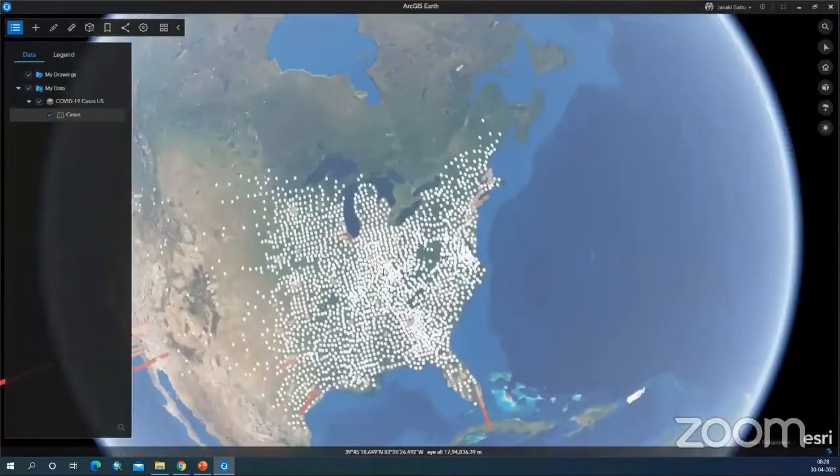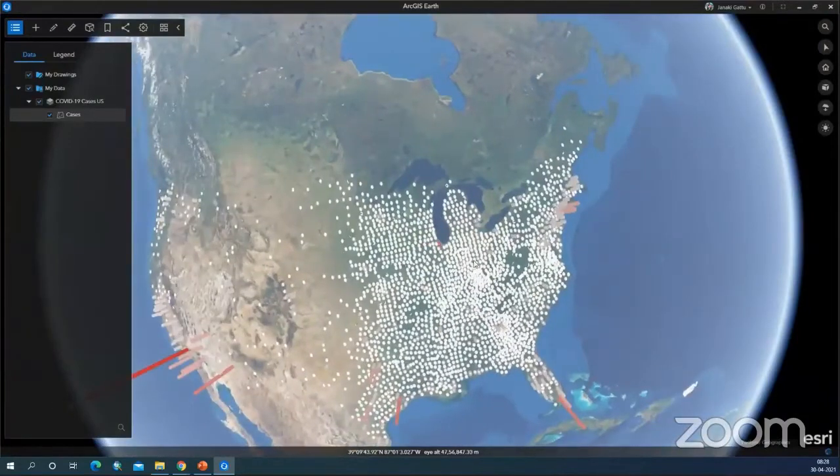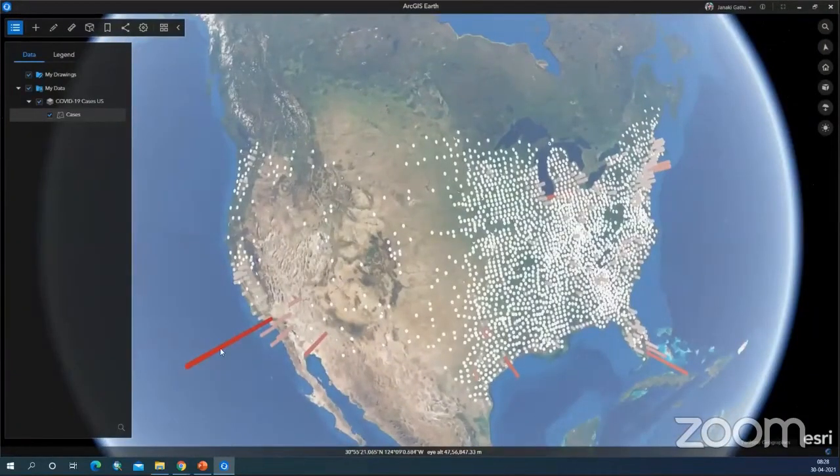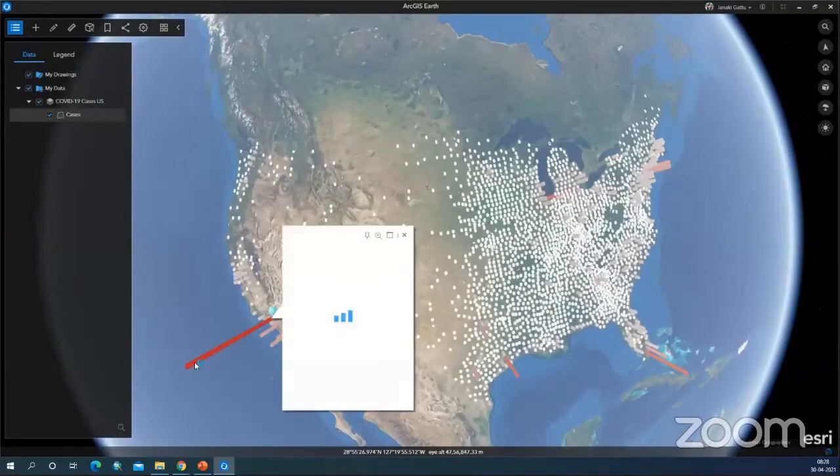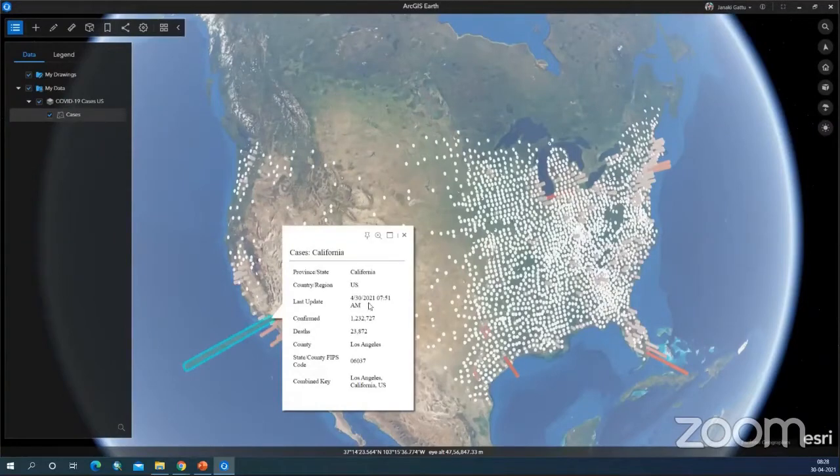Now, if you see here, there are more confirmed cases on the west side of USA, and on the east side there were cases, but a very small number of cases have been registered, and the larger number of cases have been registered on the west side. And if you see the dark red one, you will be able to see the area in California in USA. You have these many confirmed cases, 12,32,727, and the number of deaths is 23,872, and it was last updated at 7:51 a.m. on 30th April 2021.